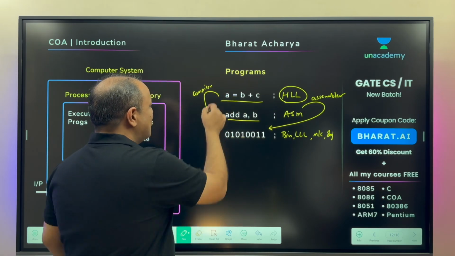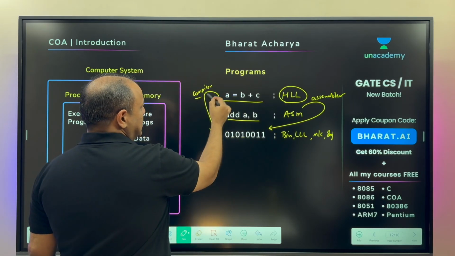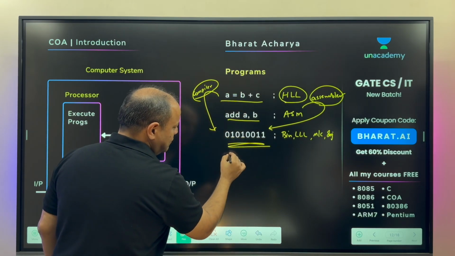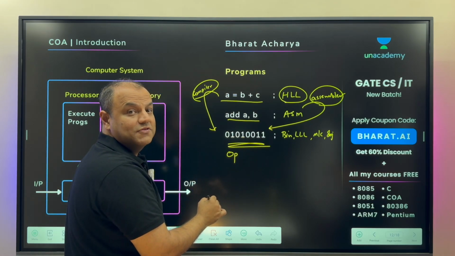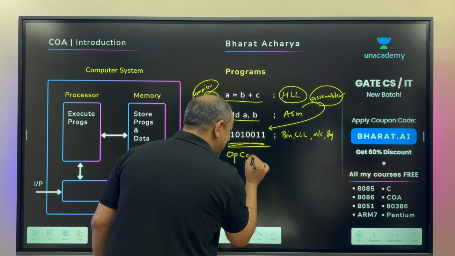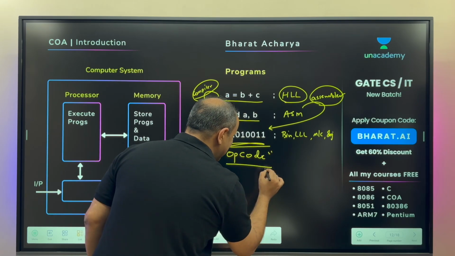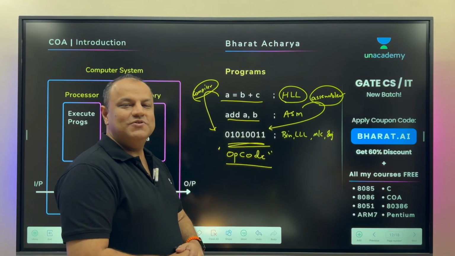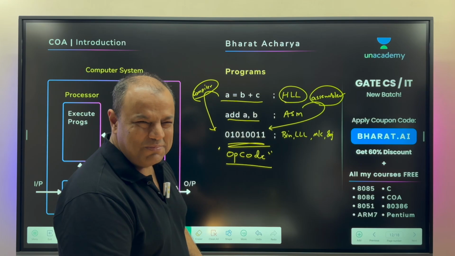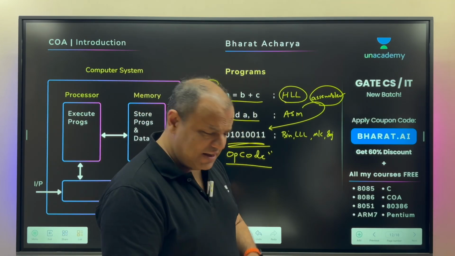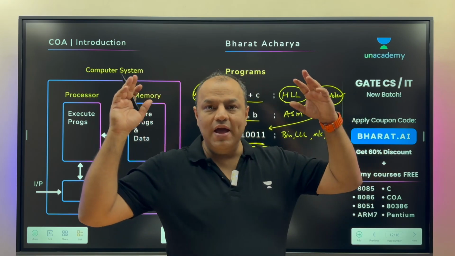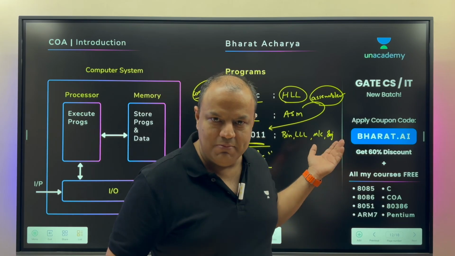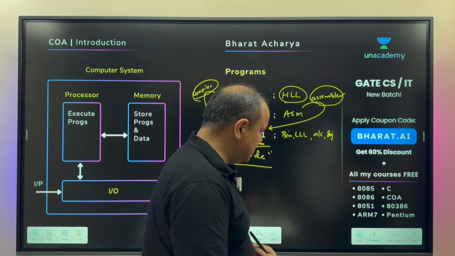Are you clear? So whatever language you write your program in, either the compiler or the assembler will see to it that they become binary. This binary form of an instruction is called, come on, I've started the word, finish it. Opcode. Opcode means the binary code of the operation that you're performing. So every instruction eventually becomes its opcode, and that's how it's stored in the computer's memory. Every instruction has its own unique opcode. So this is how every program, every app in your phone eventually becomes binary, either by the compiler or the assembler, depending on which language you've written it in.